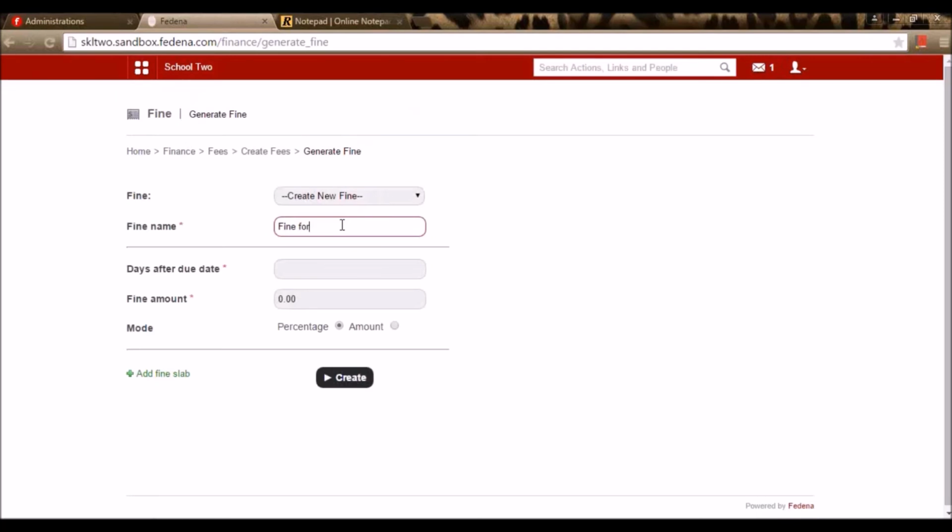Say fine for term fee. And I can enter the dates after the due date. Say go for the option and enter the fine amount. Say for example, after the first date of due date, I want my students to pay